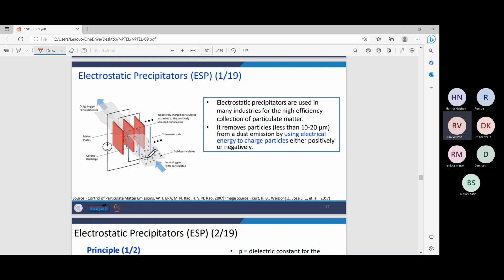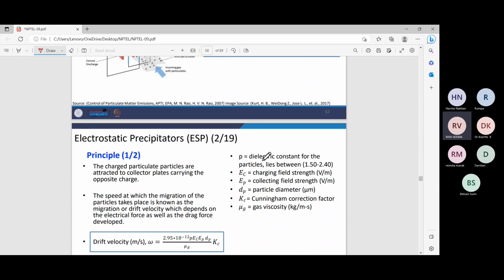So these particulates will get positively charged, and they get adhered to these plates, and then the clean gas comes out of this section. So it removes the particles which are less than 10 to 20 microns from a dust emission